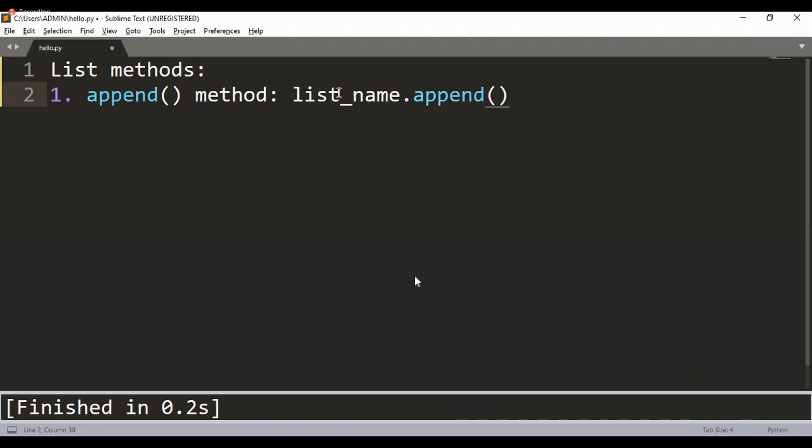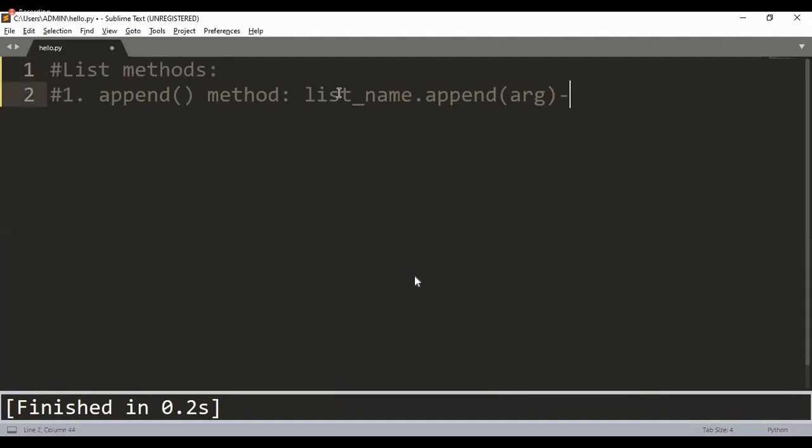And what is this append method going to accept as input, sir? It is going to accept a single argument. What is this argument, sir? It is the data which you want to append to a list which you have already created. What do you mean to say, sir? Let me comment both these statements, assuming that you have already made a note of it.